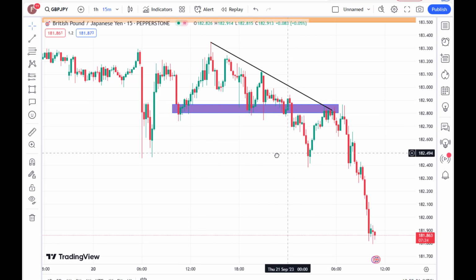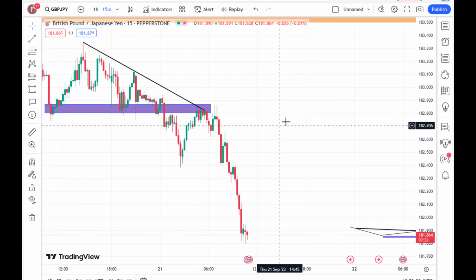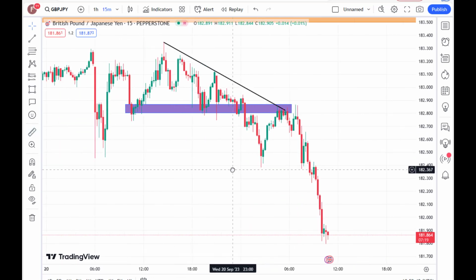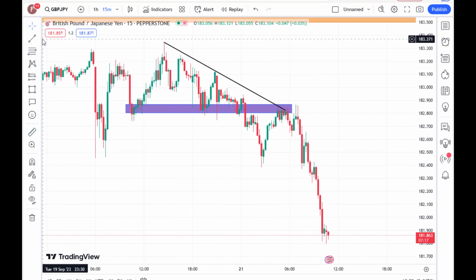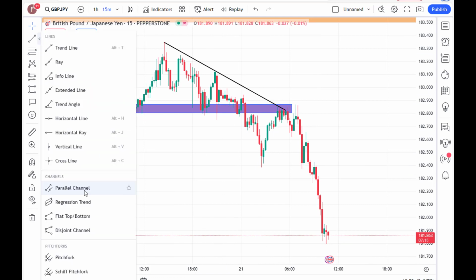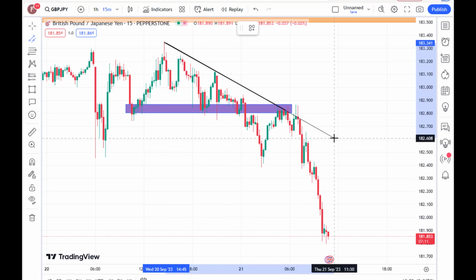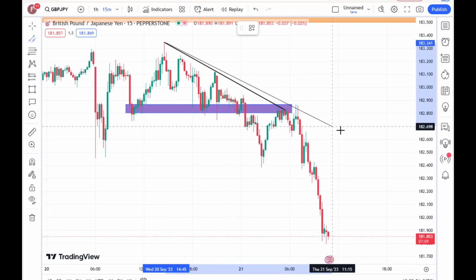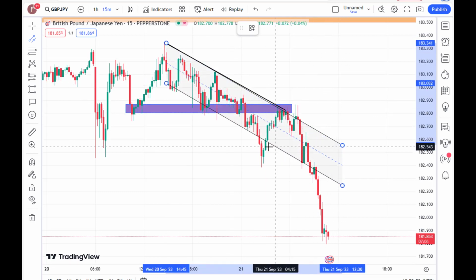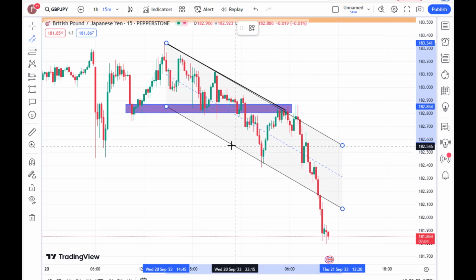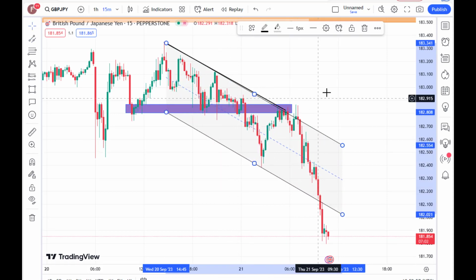All right, now a tip for controlling this kind of trade is that once you take your trade like this, there are times where I will usually use a parallel channel, right? So I can use a parallel channel like this. I just pick the top and then I connect from here. Okay, I just connect first, second, third, and then I put here. What I do, I drag. Okay, when I drag down like that, I put it at this low here,